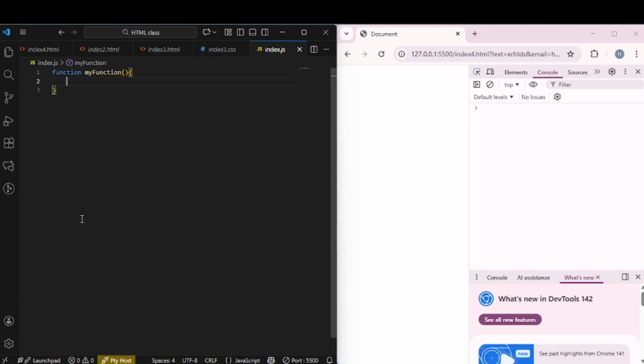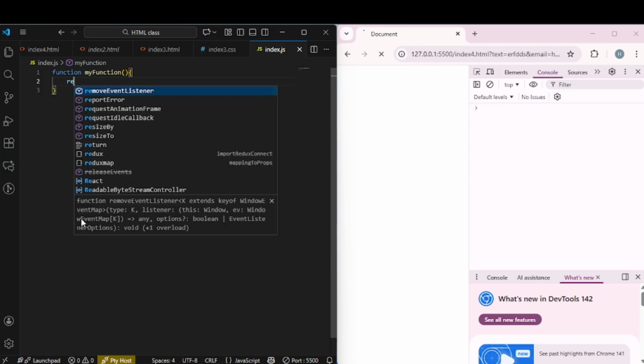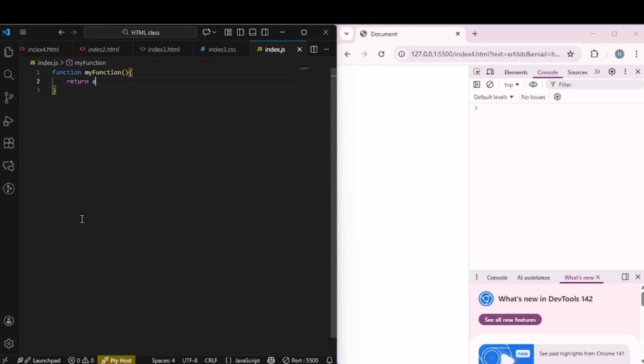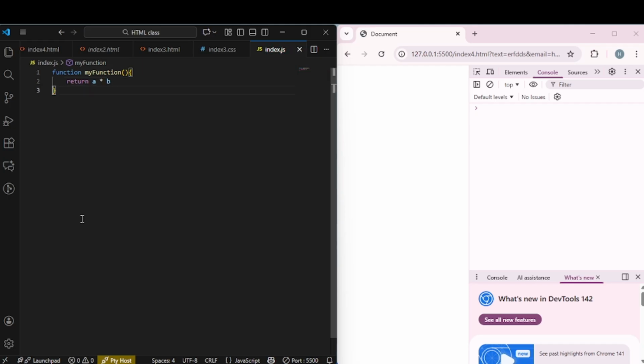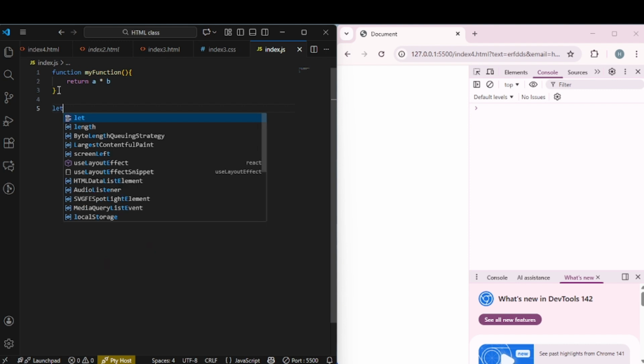So we have something like this. And we have a return statement that says A multiplied by B, right? So I have declared this function. This is what we call function declaration, whereby I declare the function. So here, if I want to call this function, I have something like, let's say, let